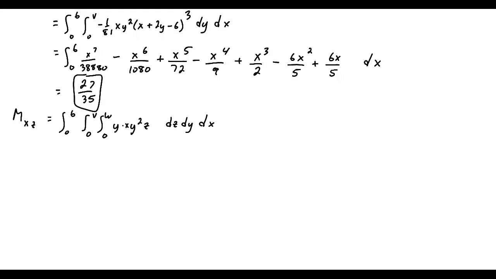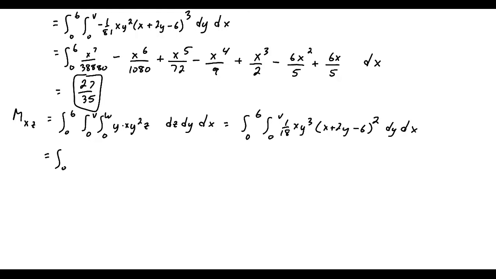And following a lot of those same steps, we find this is the integral from 0 to 6 with respect to x of the integral from 0 to v with respect to y of the function 1 over 18 x y cubed (x + 2y - 6) squared, which would then be equal to the integral from 0 to 6